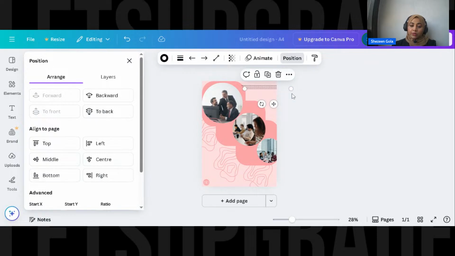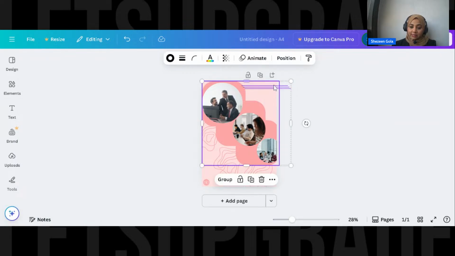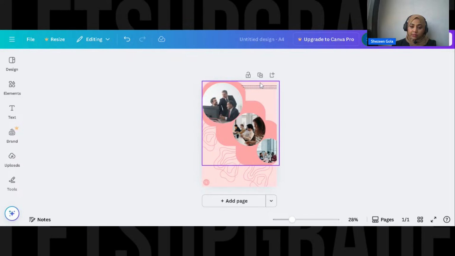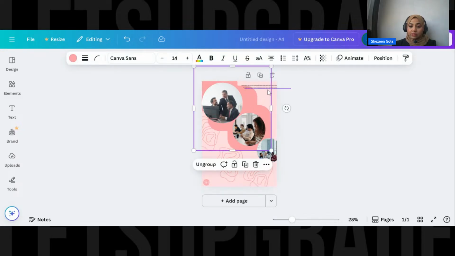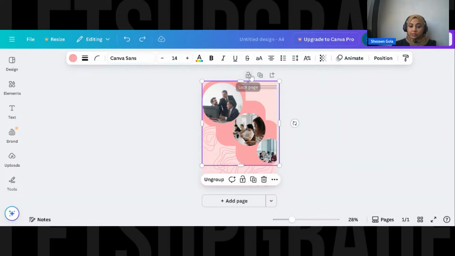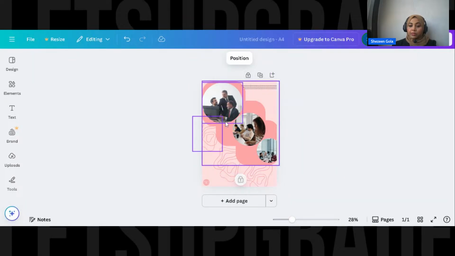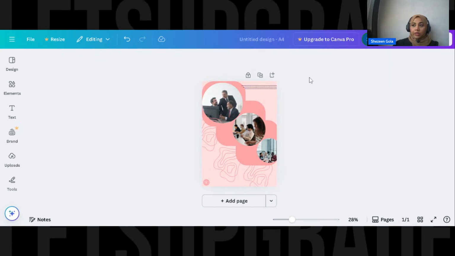Again, what we are going to do is select these three lines, okay? And let's group it. So what happens is when I'm trying to group something, this is also getting shifted. So what you can do here is lock the page. The moment you've locked the page, it will not move, okay? So when you're making such very cohesive, very chaotic designs, you need to lock your base.